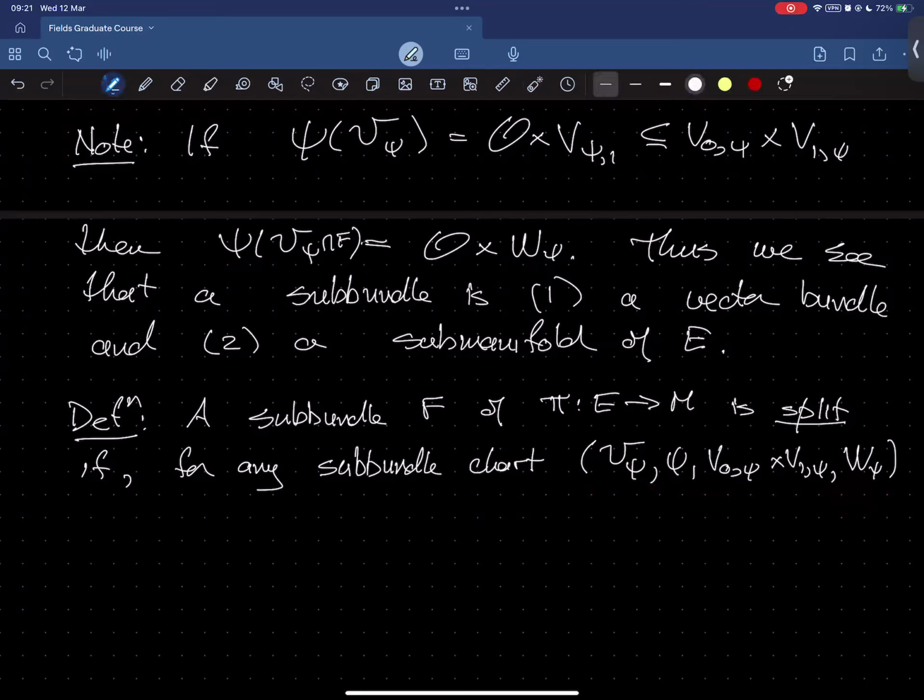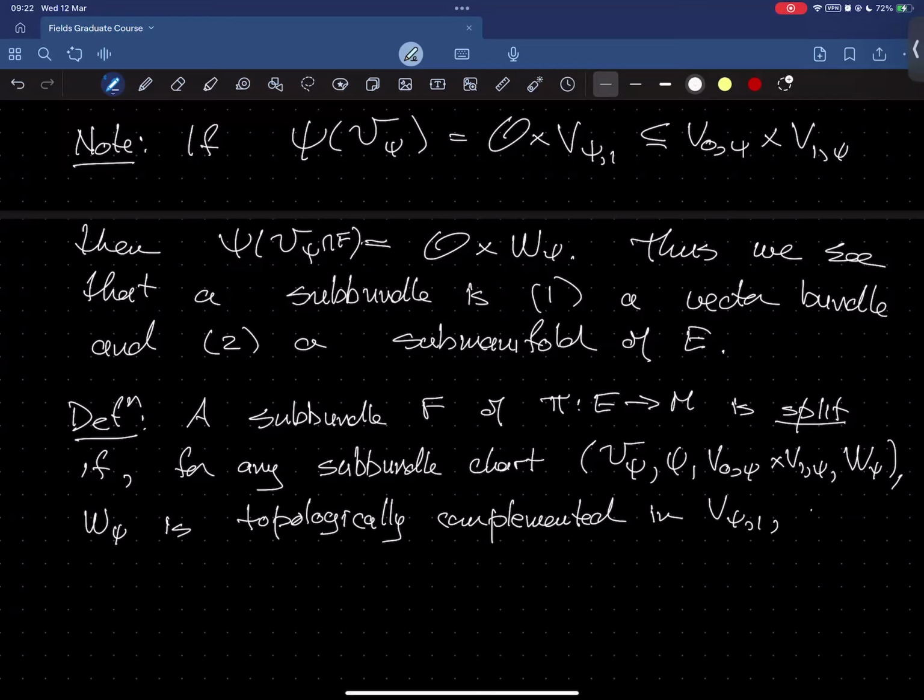I do the same thing here. For any subbundle chart, W psi is, and I'll write some words and then I'll tell you what they mean, topologically complemented in V psi 1,